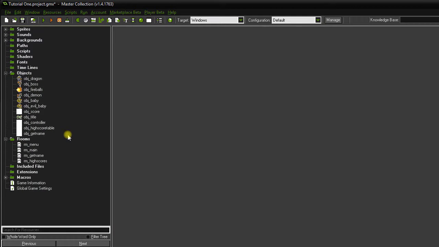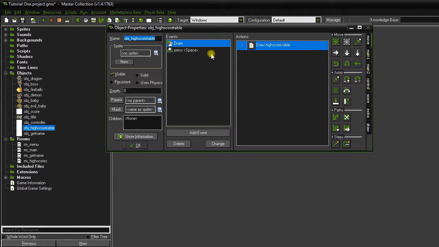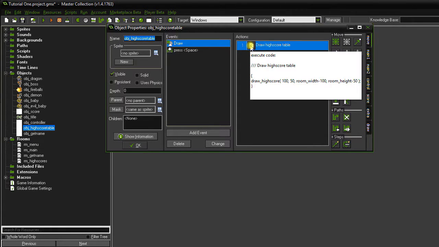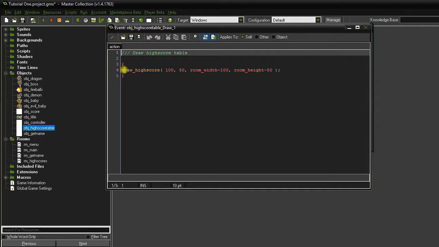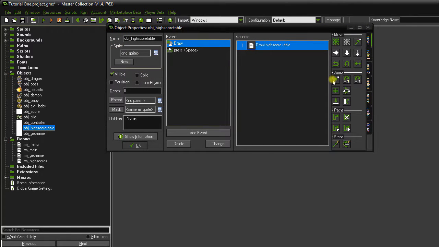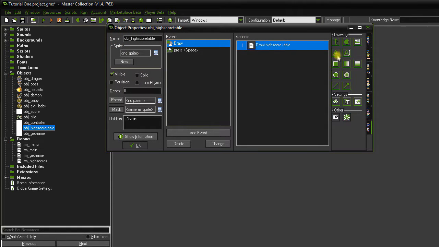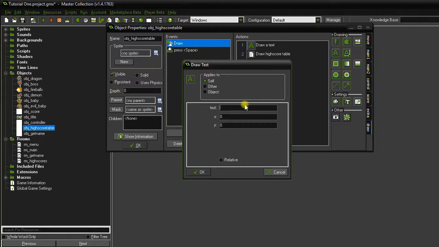Finally then, what we want to just quickly look at is how we can add text to the game in order to provide some better context for the player. So we spoke earlier about putting in what the high score table actually is, rather than just having it display. As you remember, we had the code here which is going to draw what the actual high score table is, but we can also just add some text to the screen as well, and this can just say, you know, high score table,